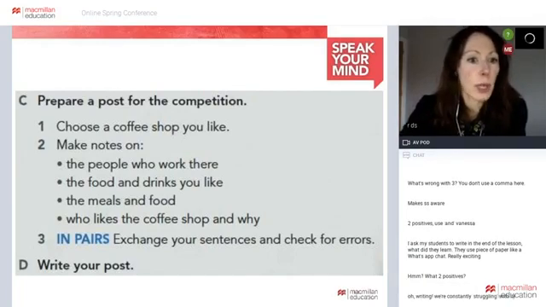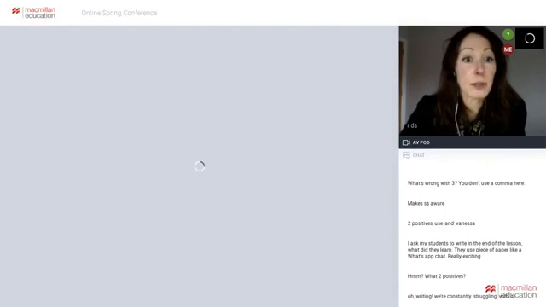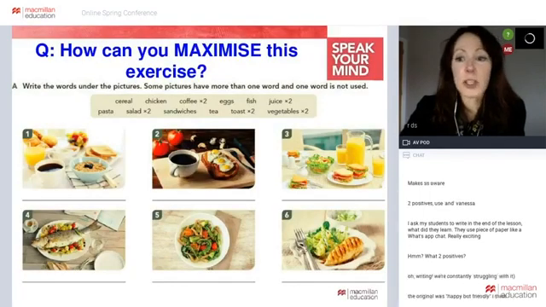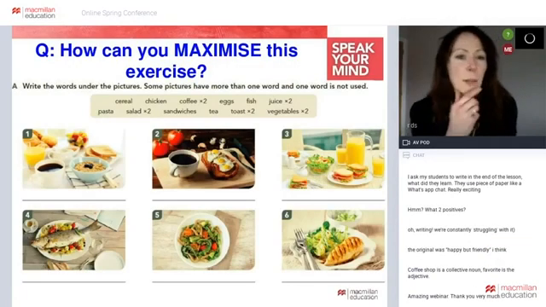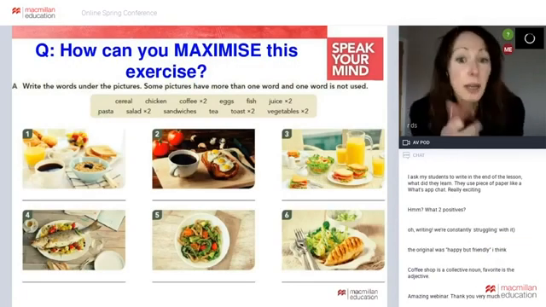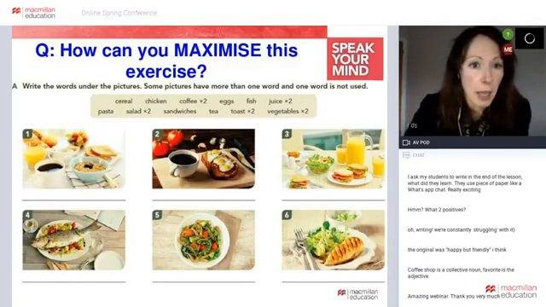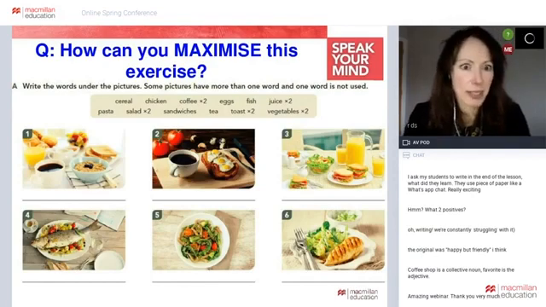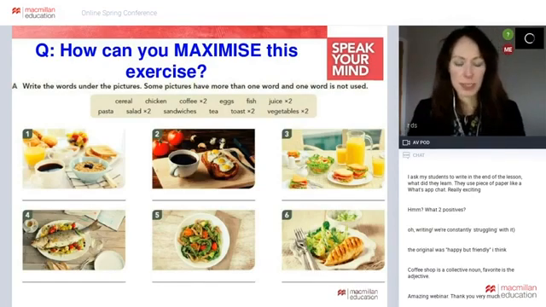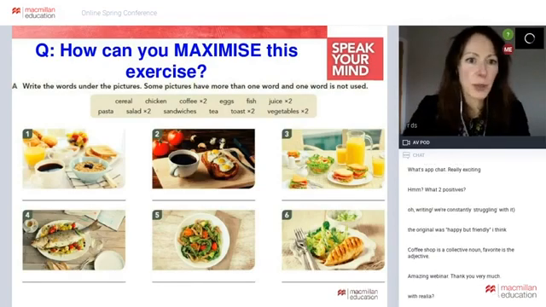So we have gone through all the 4 language skills. Let's now move on to the language systems, the first one of which is vocab. You'll remember this slide from earlier when we spoke about achievability and the number of lexical items. And I'd like to ask you a question here, the question in blue at the top: how can you maximize this exercise? We've seen it before, 12 items of food,